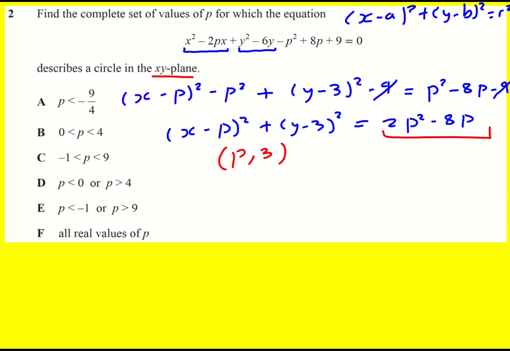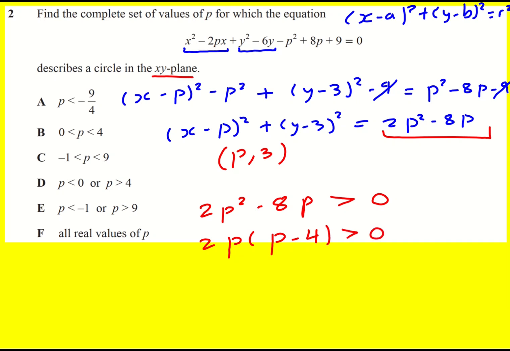But what we do have to have is that the radius needs to be greater than 0. This wouldn't describe a circle if the right-hand side ends up being negative, because the left-hand side is necessarily positive. So if the radius is greater than 0, it means the radius squared is greater than 0. 2p squared minus 8p must be greater than 0. And I'm going to factorize out 2p,